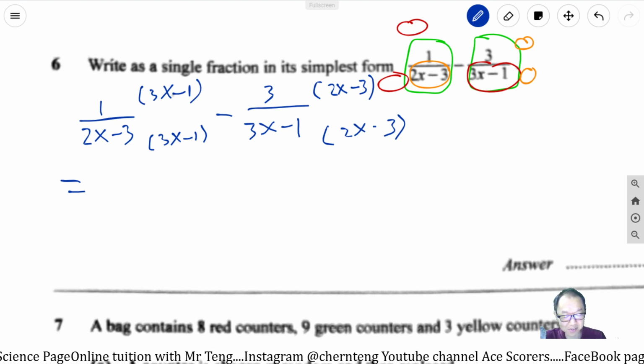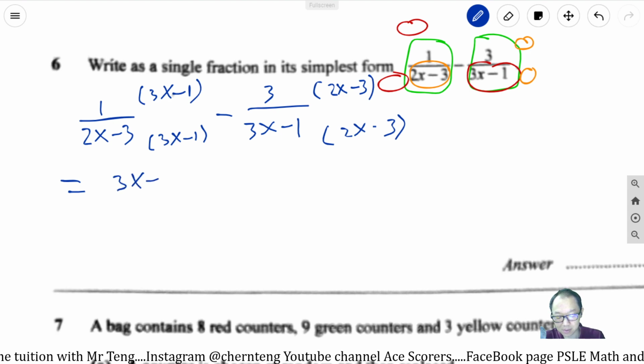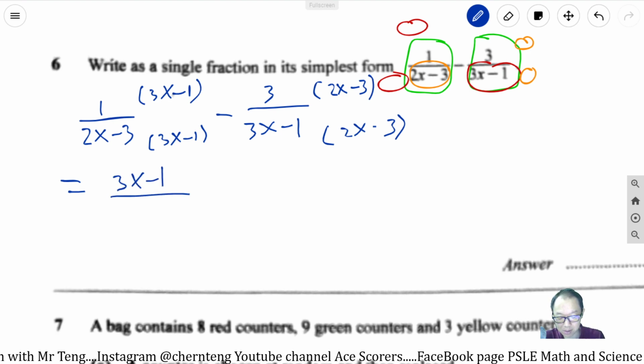Alright. Okay, so we multiply that, right? So we get 3x, take away 1 divided by